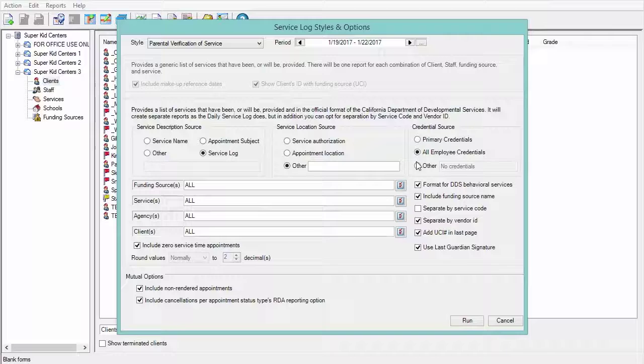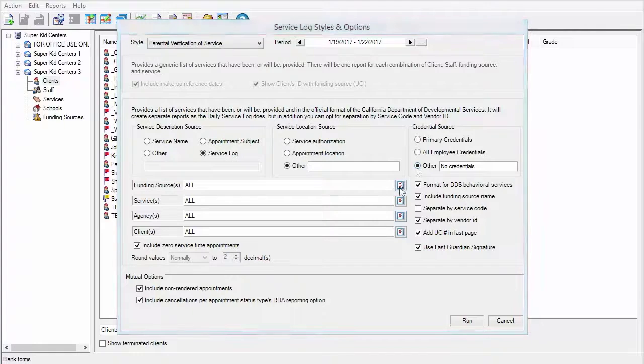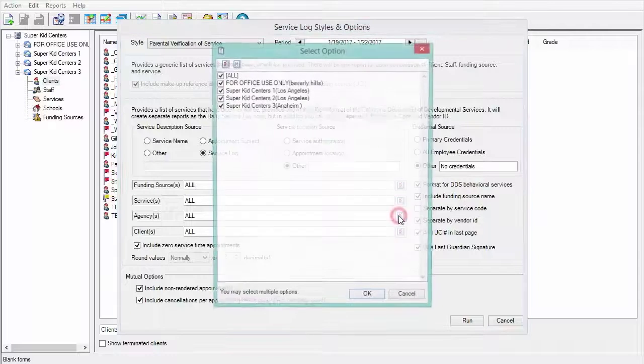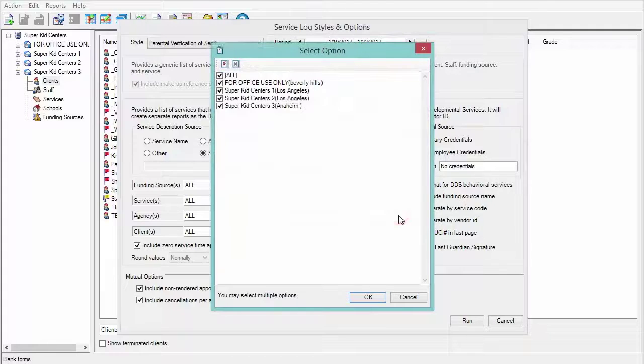Once again, Other gives you the option to customize the credential information to be displayed on the form. You can use the bulk export options for funding sources, services, agencies, and clients. Note, the bulk export options are defaulted to select all. You can use the selection button to the right of each of these options to choose one, multiple, or all